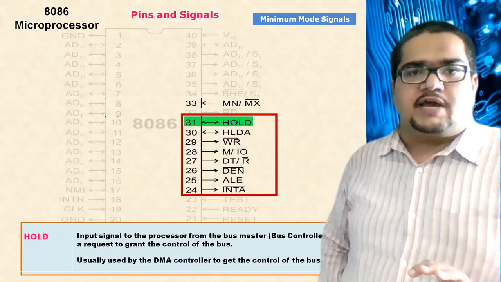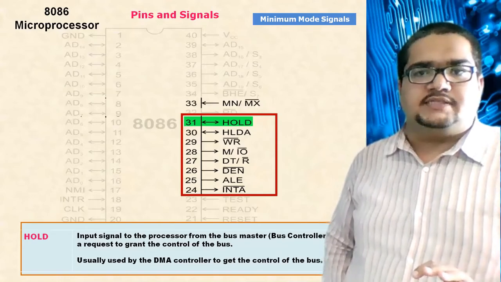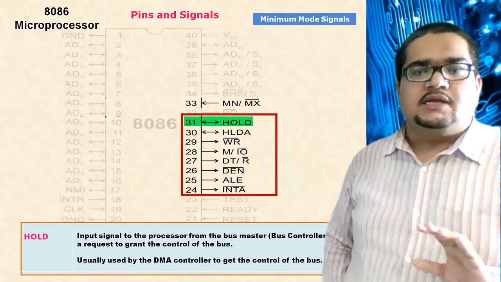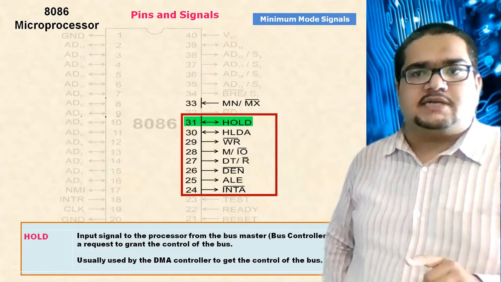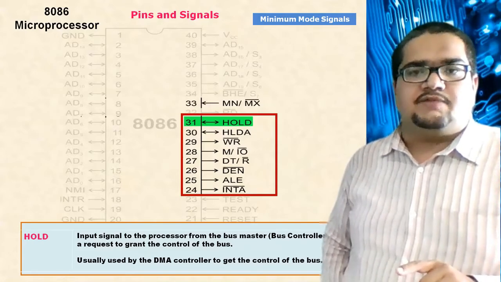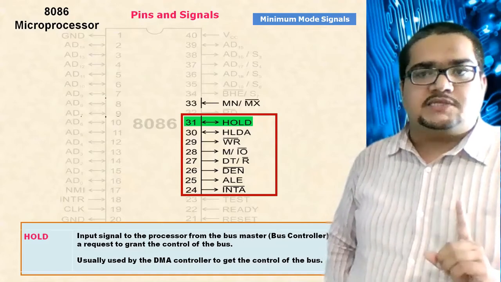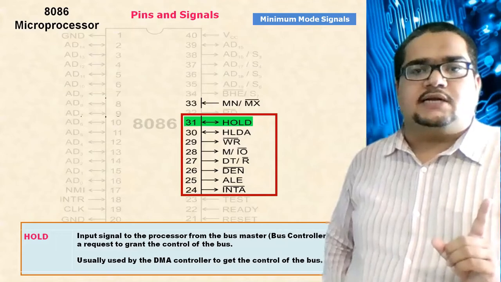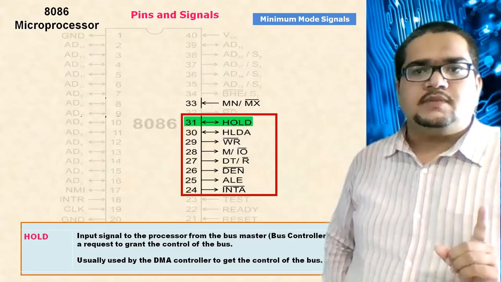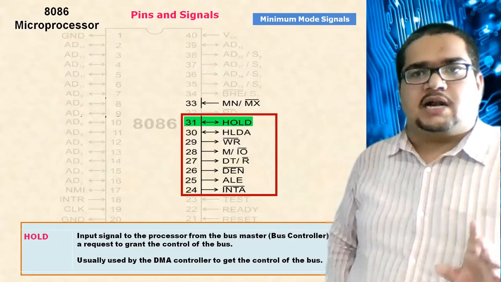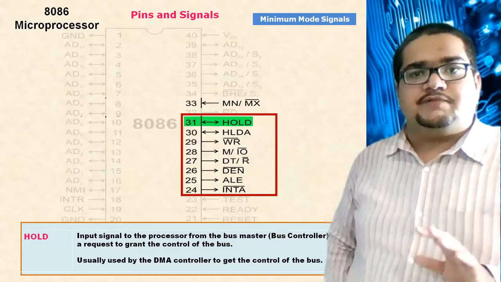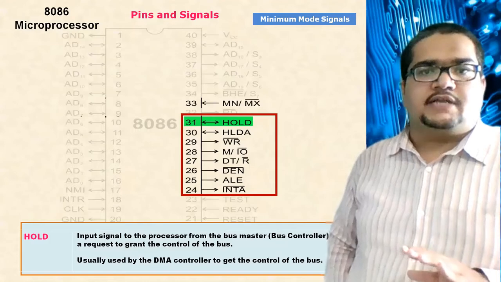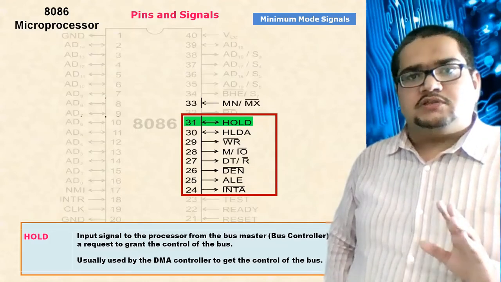Suppose we are inputting something from the input devices that does not have to be processed, only stored in the memory. At that time the processor will be bypassed and the direct data coming from the input will be taken by the bus controller through the system buses, obviously, and sent to the memory for storage. In similar cases, whenever there is some data available in the memory which has to be sent out on some lines without processing, as output, at that time also the bus controller does that.